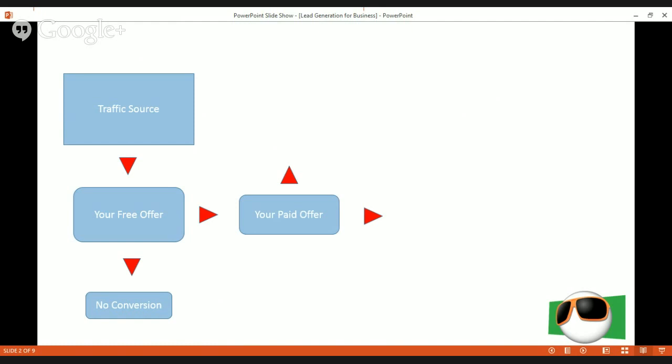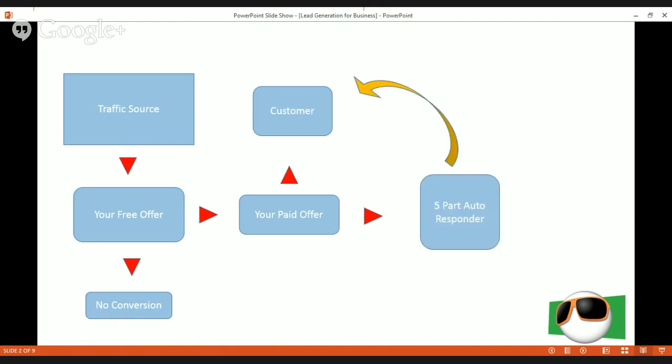Now, once they've gone to your paid offer, guess what? It's that same ninja tactics, right? It's going to be either they're going to convert to a customer, and now they've got your free offer and they've got your paid offer, or they're not going to convert. And this is where it gets strategic. If they decide to decline your paid offer,